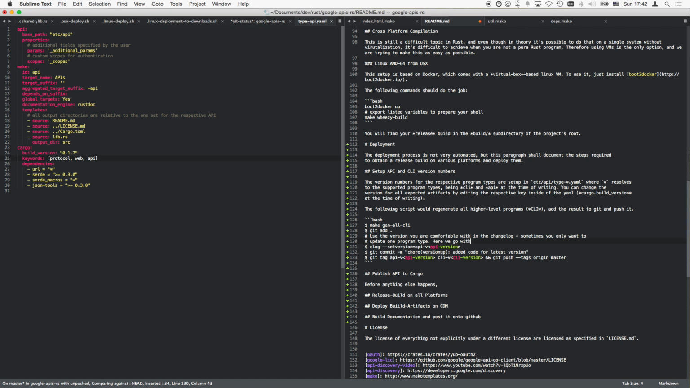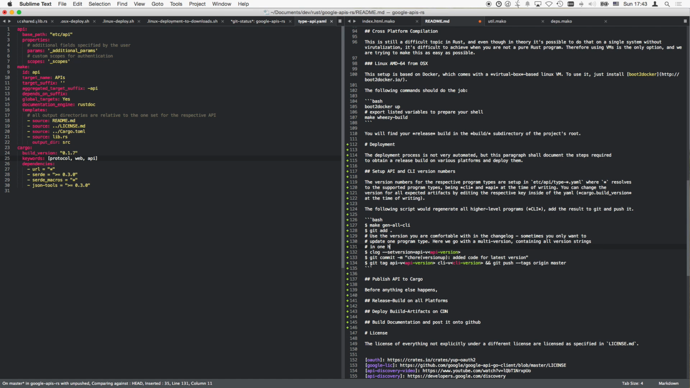Here we go with a multi version containing all version strings in one heading. It's just for the visuals after all. Good. So here we set the